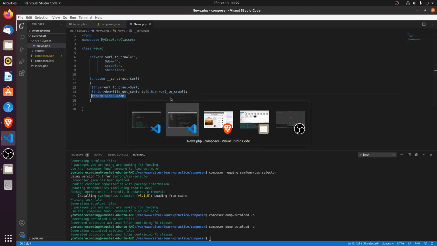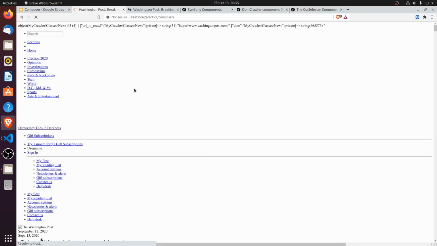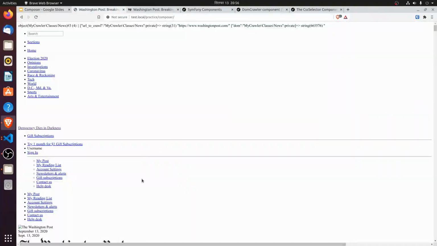So nothing fancy as of now, but just checking if we are on the right track so far. It takes a while because it's actually crawling the site and extracting the DOM from the site. So basically this is what we have. If you see the source, we have the actual HTML from the page. So far it's looking good,